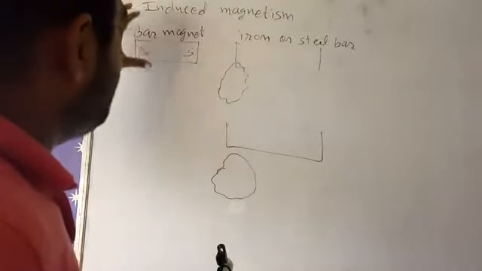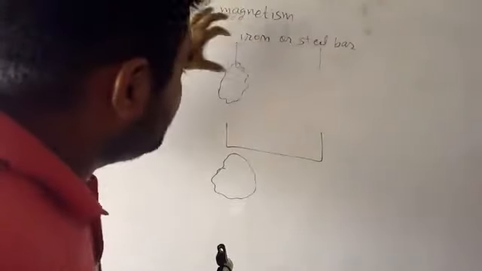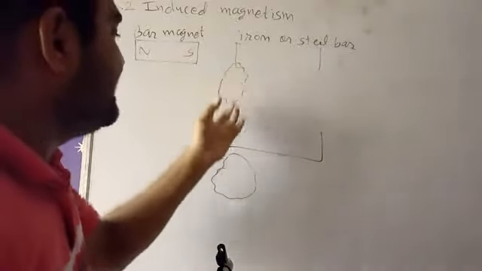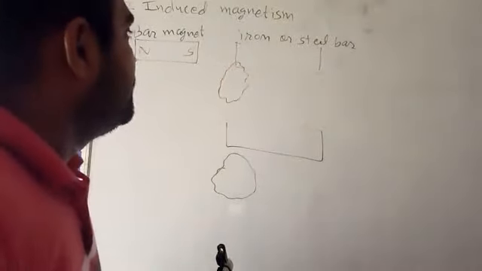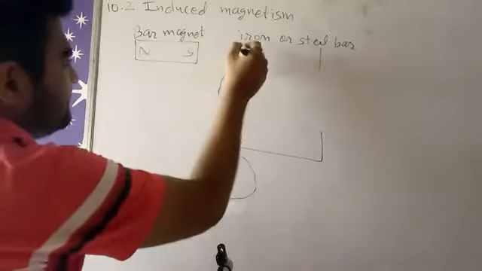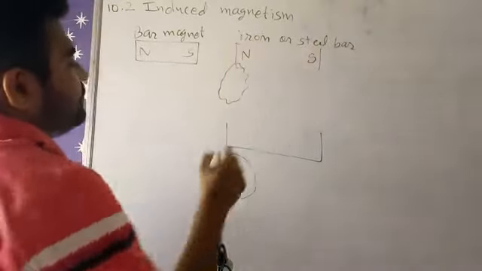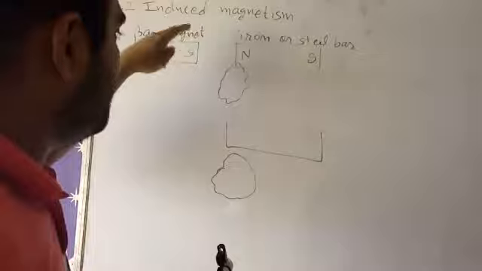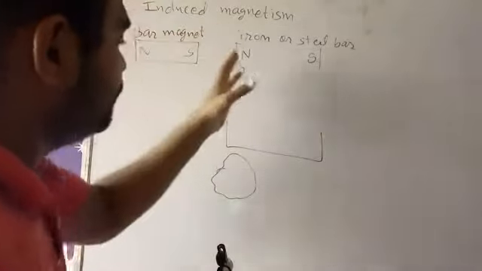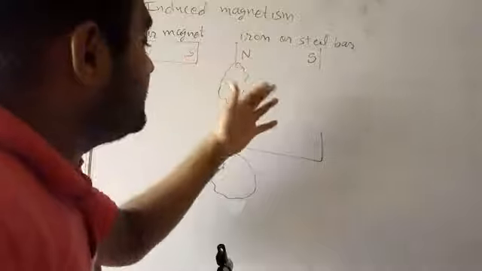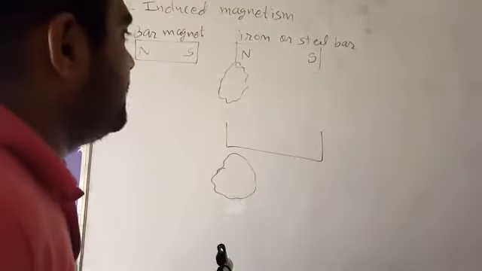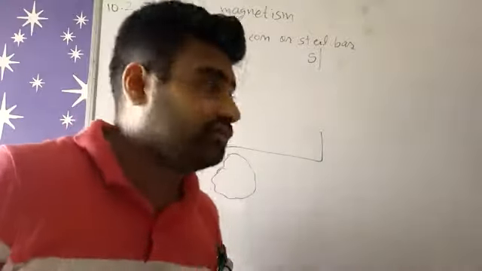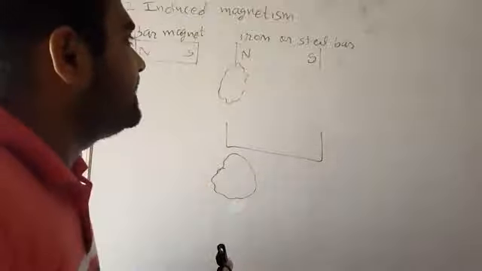So whenever we keep a bar magnet near the steel bar, this steel bar acts as a different individual magnet. That's why the iron filings are attracted towards that iron bar. Whenever it is near this magnet, it behaves like a magnet, with different polarities. If this end is south, then the other end acts as a north pole. That is how polarity is distributed inside this steel bar. But if we remove the magnet, we don't have any magnetism inside this iron or steel bar. So this is not a permanent magnet. This is a temporary one.